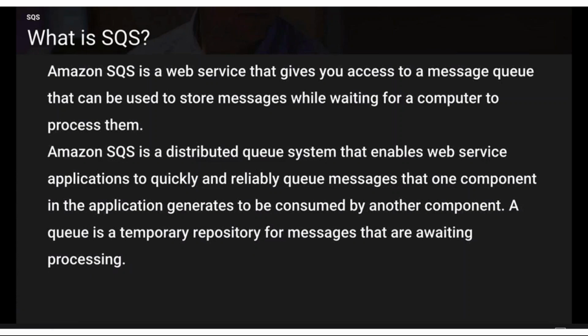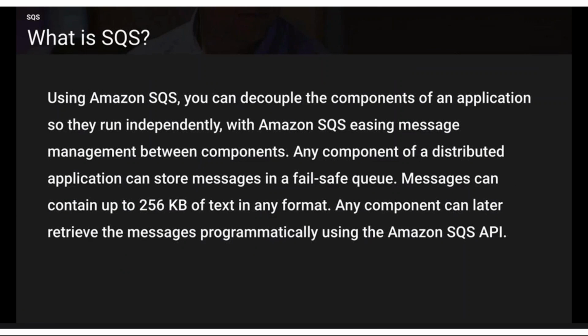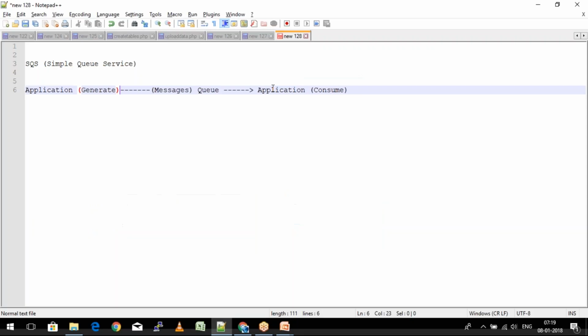Now, using Amazon SQS, what can we actually do? We can decouple the components of the application so that they can run independently. In this case, I have an application which has a dependency on the one that generates the messages. It can be something like a web application, which is a front end for the users, and this could be a database application, which is a backend. If I want to remove the dependency of the database application on the web application, I can put a queue in between